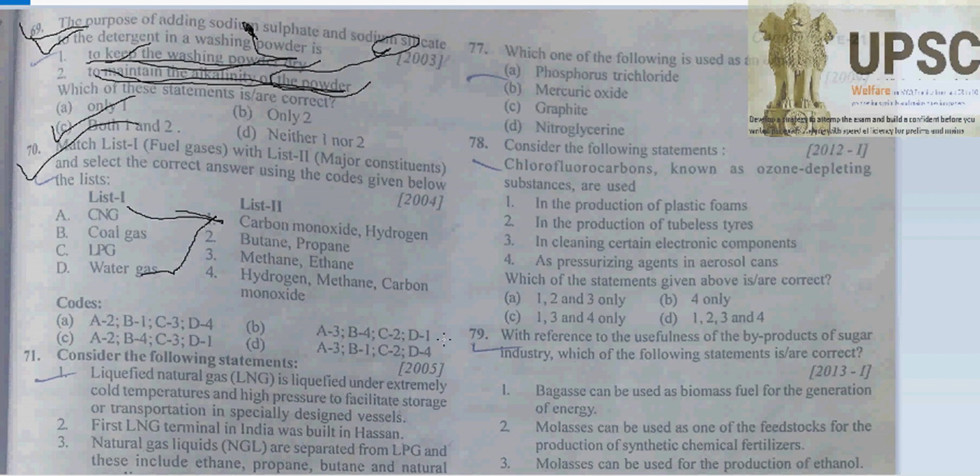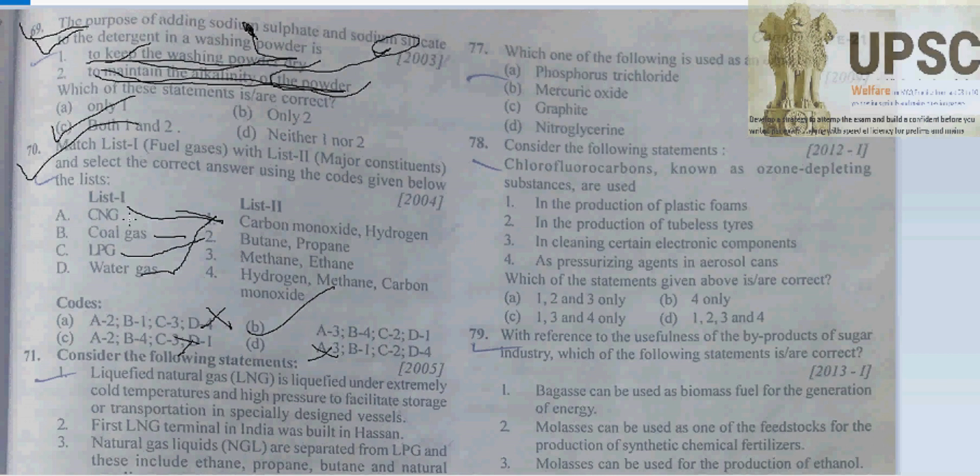So which one is going to be? D is going to be 1, which means definitely it's gone, and D also gone. Now LPG, especially the butane and the propane, there should be no doubt. So C is going to be 2. This one gone. So B will be the correct answer. And the coal gas, of course, there will be the carbon monoxide, hydrogen, the methane. These all are going to show. A is going to be a CNG.